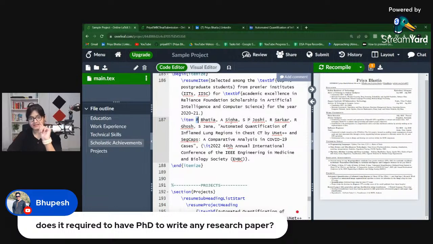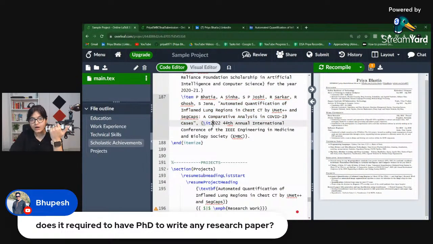That's it. Similarly, if you can see, in every author name the last name is completely written, but the first name is just the capital one. That's fine. After that, what is the heading of your research paper? This is the heading. You have to write it down like that.